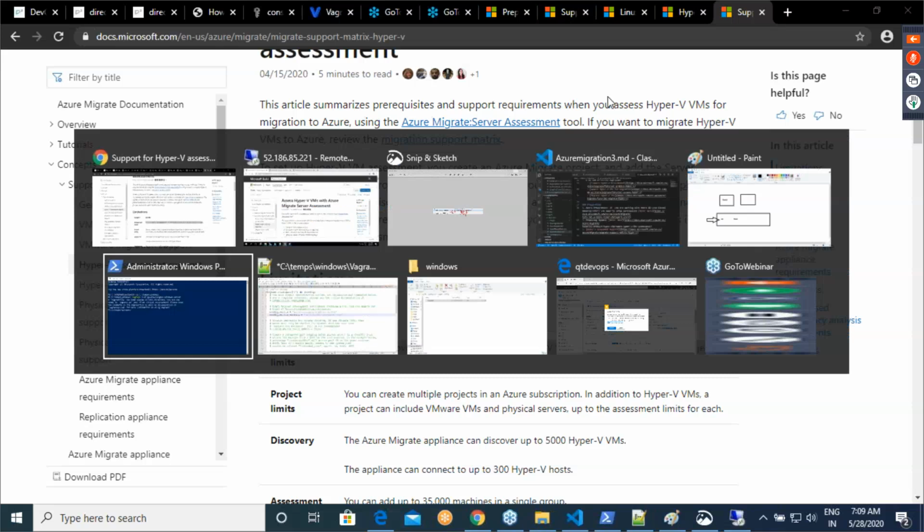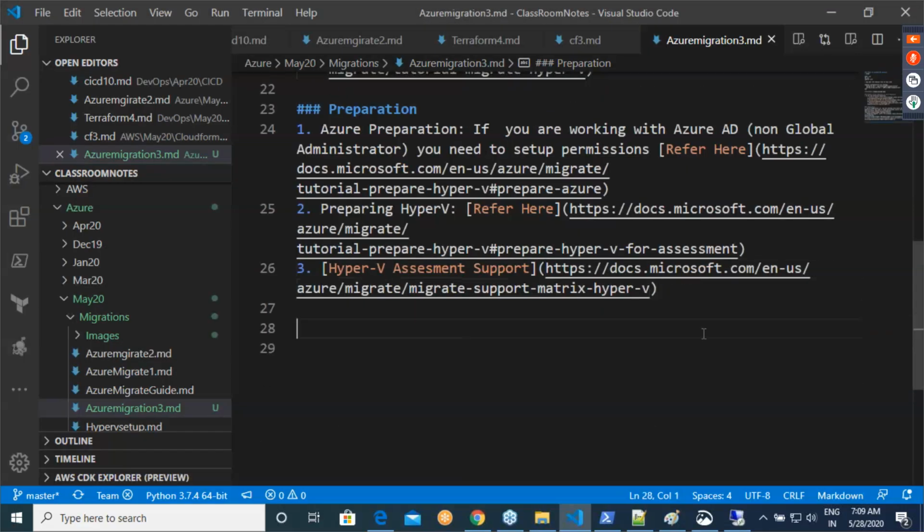So now let me get into my second aspect, which is assessment. So in assessment, generally, we set up Azure Migrate project. Okay.